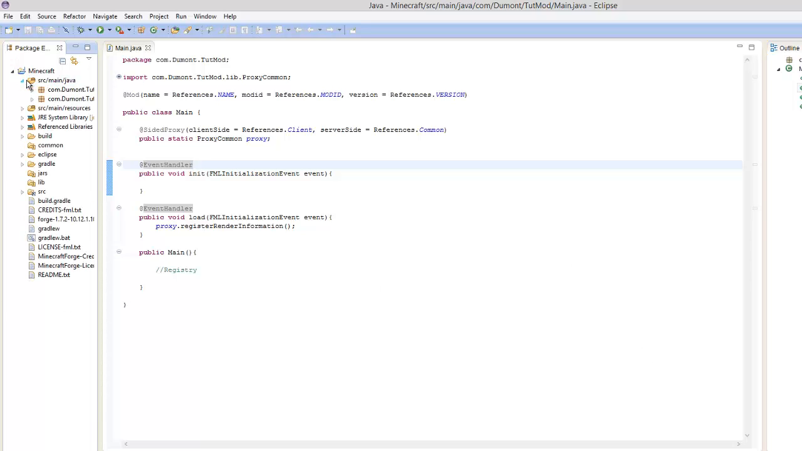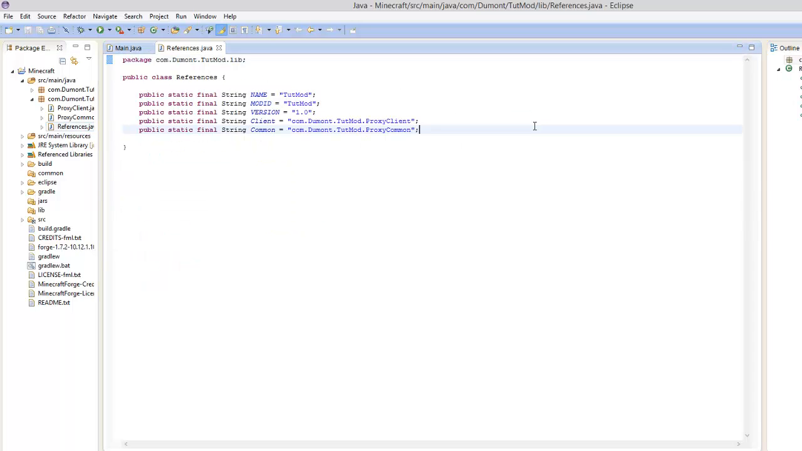I'm going to get straight into it, and there's one thing from last episode we need to change. If you go to your references, under client and common, in the speech marks, you need to add com dot, then your name, dot, what you called the mod, dot, proxy common, and proxy client. Actually, I think that might be